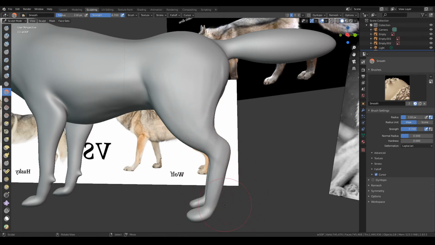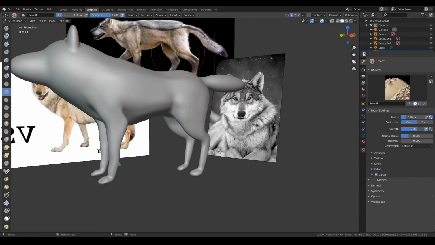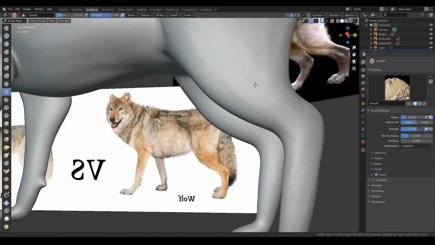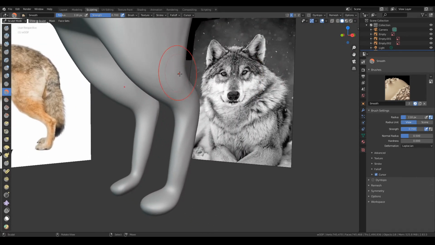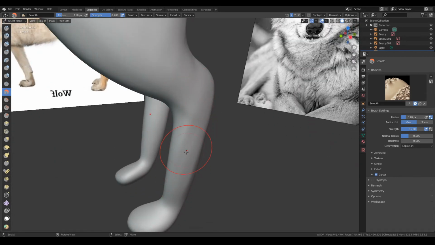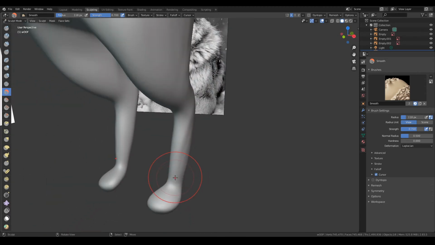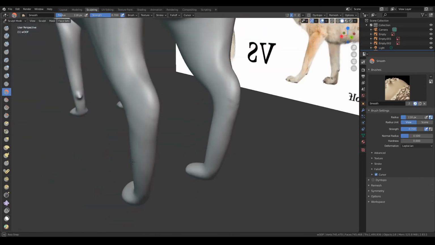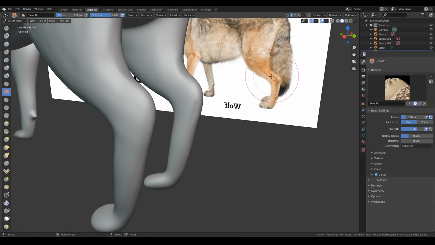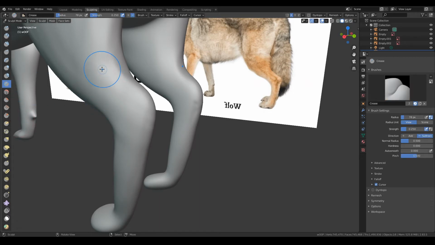And it may not look like we're doing much, but we are. This kind of definition, again, if you're sculpting a higher res model, you're going to want to do this. And also you can see that by doing these kind of lines and sinews, it looks like there's a bone here. It looks like there's something under the surface. And that's exactly what we want. We notice that there is a bone sticking up right out here, so we're going to try to define that a little bit. Again, once we have a final product, this is not going to matter that much,